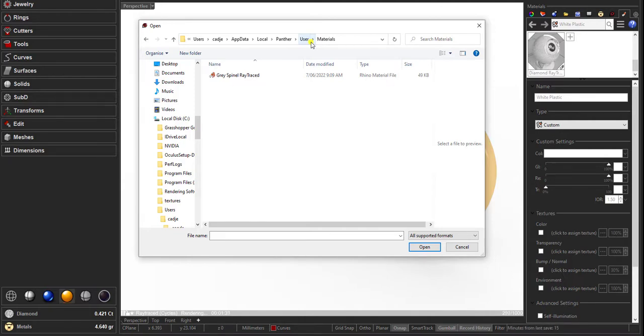So keep that folder separate. So I would put it into, as I say, my documents folder, and in a folder called materials, and whatever custom materials you've got for your installation, just keep them in that folder. Okay, so I'm just going to click on that and say open it,